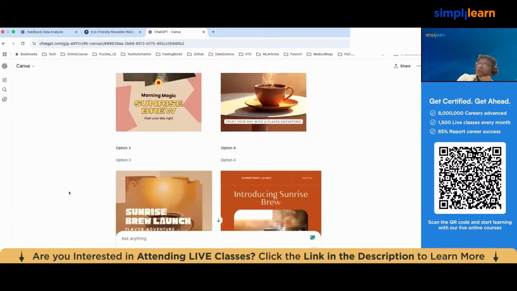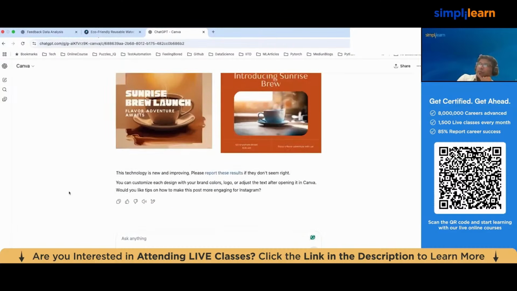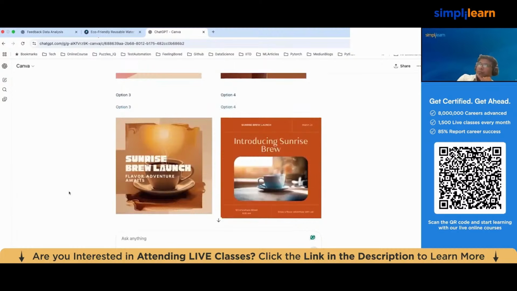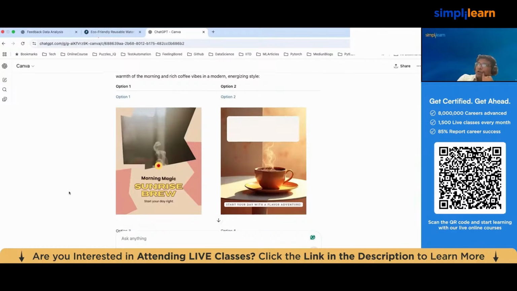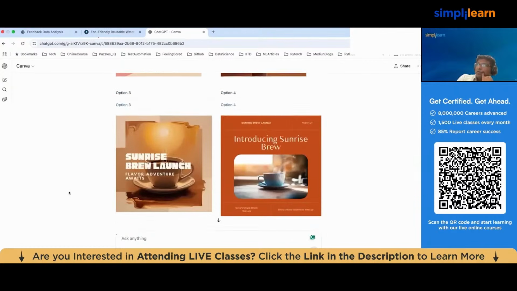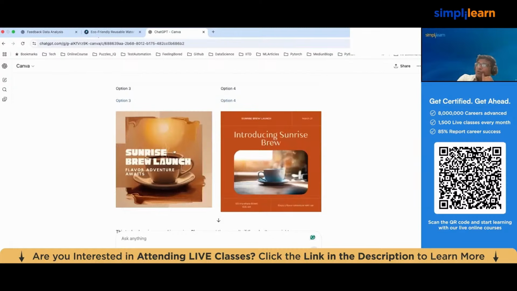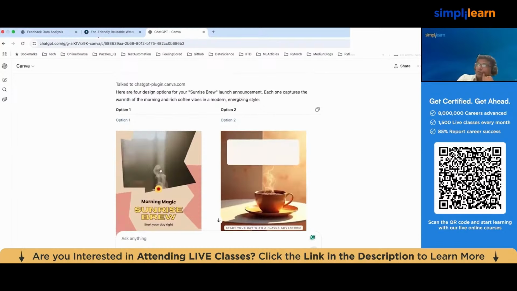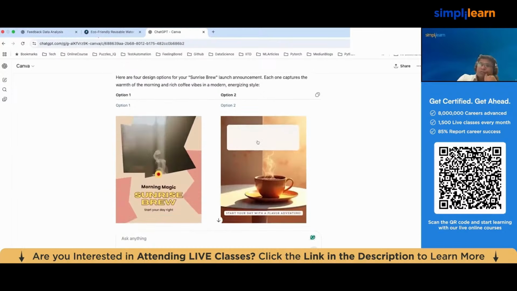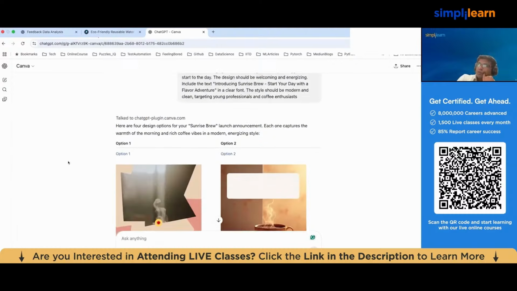Right, now you can see that these are the four options they have released. Okay, so it looks pretty good to me, right? If I wanted to start a coffee brand, then this is something I could use, right? Or this one, because it has text also. I could edit this text and then see that. Okay. So here also I could edit some text. Okay,